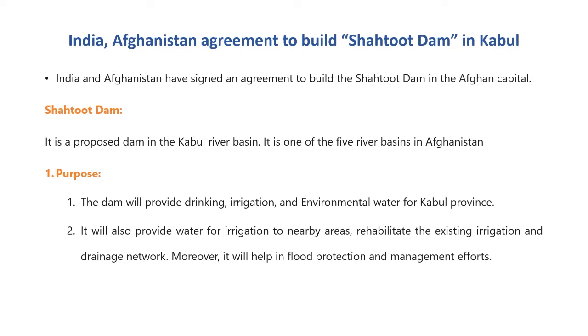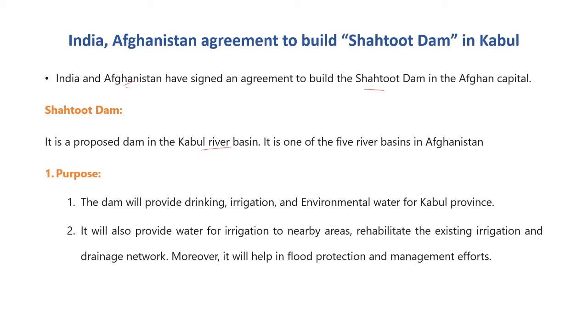So let us take up the first one, that is an international relationship based question. In a nutshell, the India-Afghanistan agreement to build Shahid Dam in Kabul. So Kabul is the capital of Afghanistan. Afghanistan is the neighboring country of India. So India is also a friendly nation to its neighboring countries, for Afghanistan also. So India is also going to construct the dam that is called Shahid in